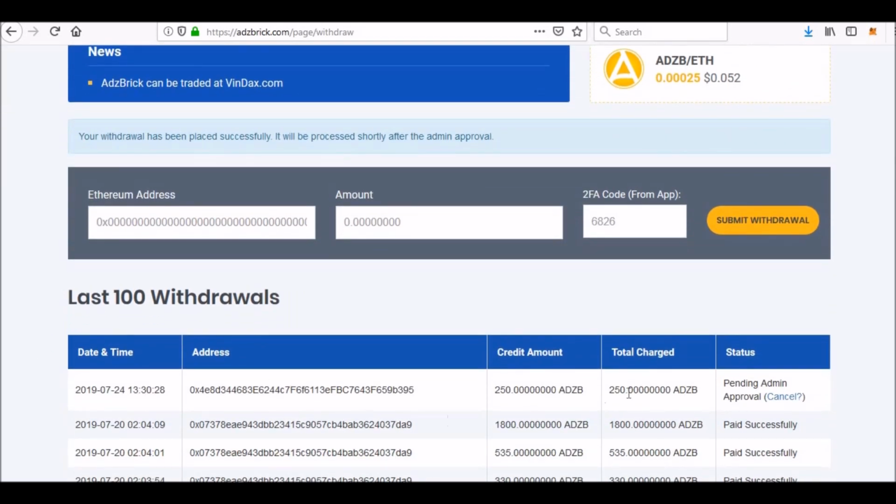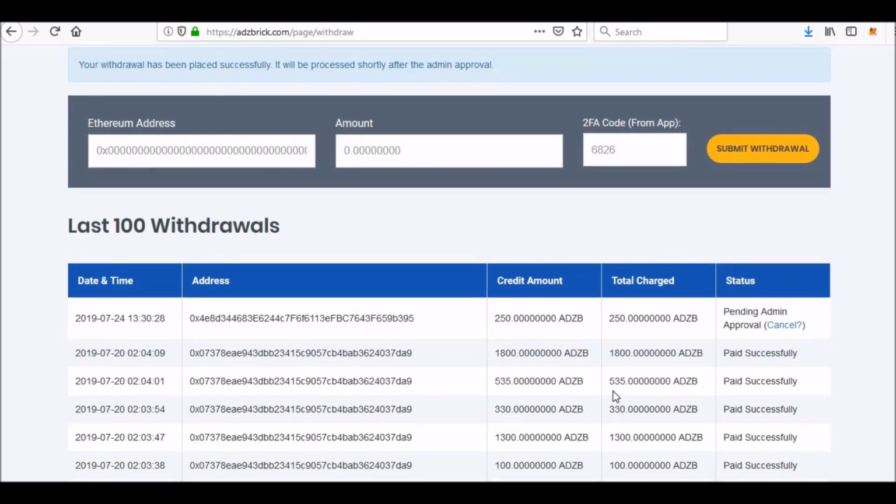When you place a withdrawal, it will show your withdrawal status as pending admin approval. After 24 hours, it will show that it is marked for payment. When it shows marked for payment, it means you will receive it in the next 24 to 48 hours. So the approximate maximum waiting time for a withdrawal to process is 72 hours, because we process withdrawals in batches. That's why you have to wait 48 to 72 hours max.